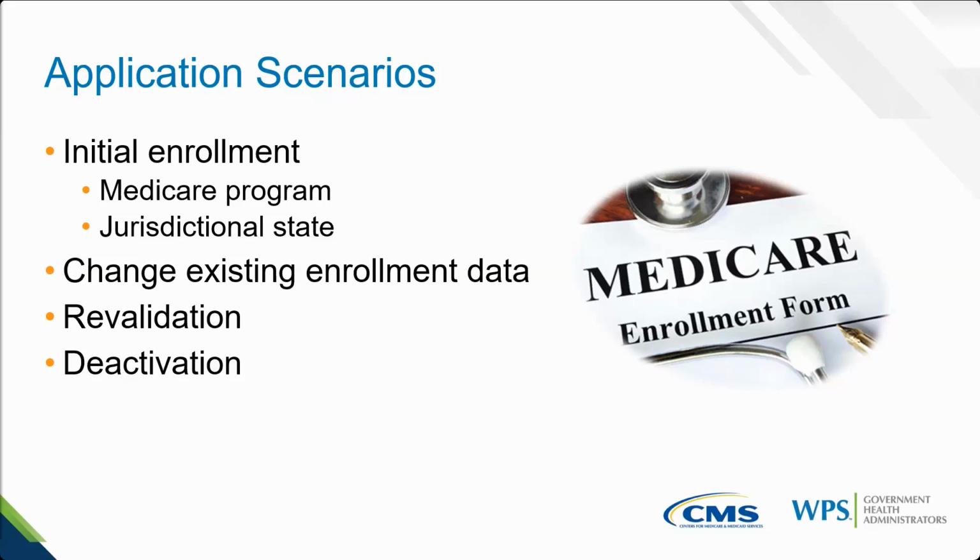So in that example where providers enrolled in Michigan and then they decide to practice in Indiana, they'd have to send in a second application to initially enroll in Indiana because they were not previously enrolled there. We can't intermingle multiple states on one enrollment record for occupational and physical therapists.